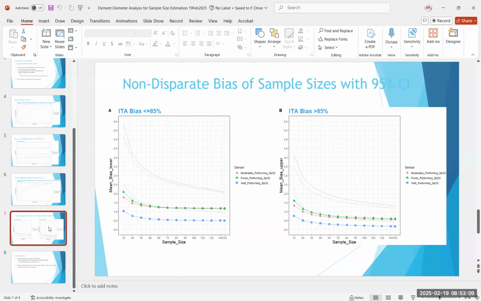The more interesting finding is that in the upper saturation range, the FDA criteria of 1.5% or less isn't achieved until around the 100 to 120 participant range for these oximeters, which is really quite different than what is required for the lower range and to properly power your ARMS as well.